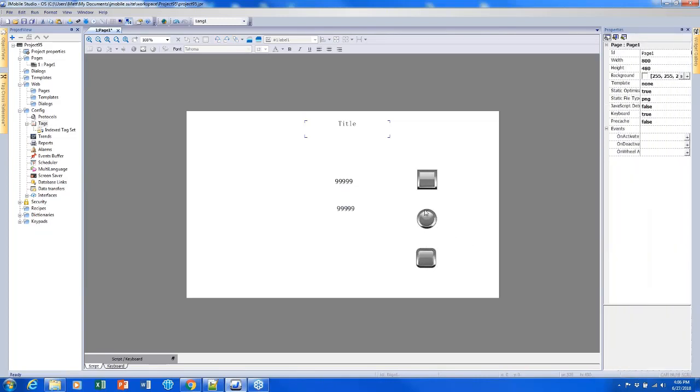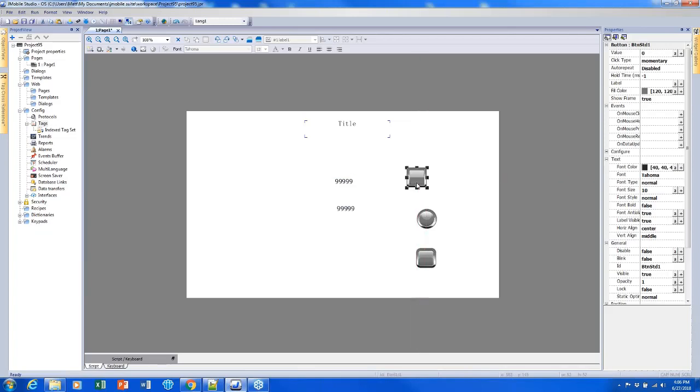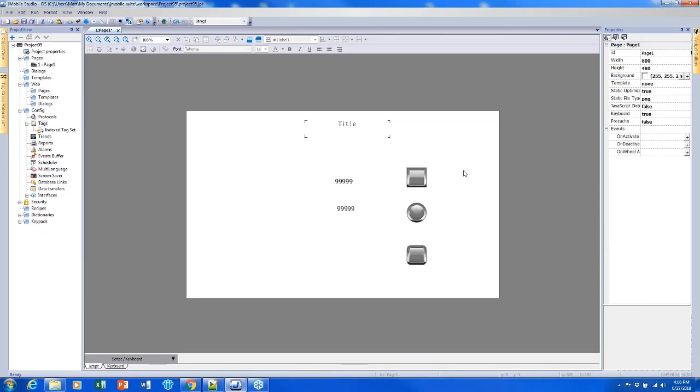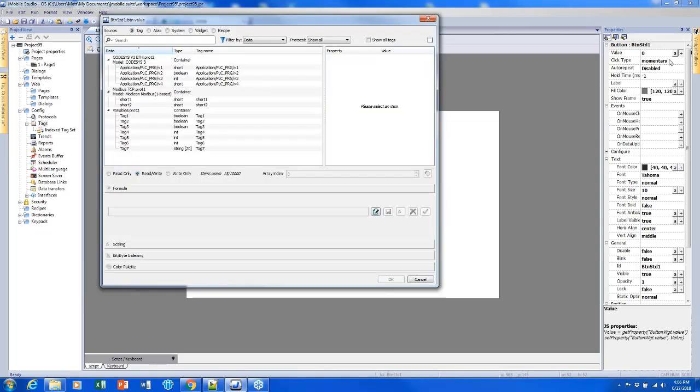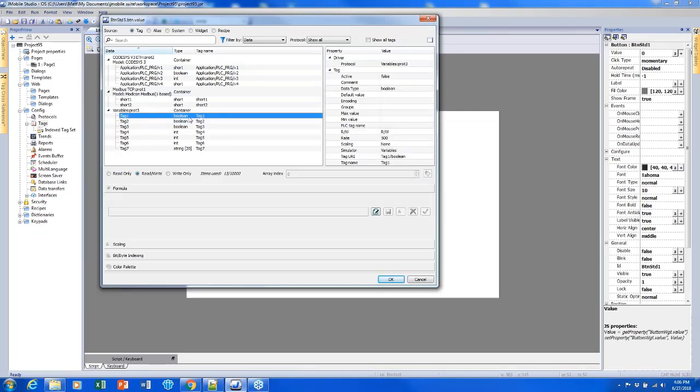And what I'm going to do with these buttons is show a couple different types of buttons that we can create, and use these buttons to change the properties of some of our widgets. So if I click on the first one, I can see that we also have the value tag here, just like I did for numeric field, and I can link a tag to it. Buttons are really looking for Boolean tags since they only have 2 states, so I'm going to pick a Boolean tag,